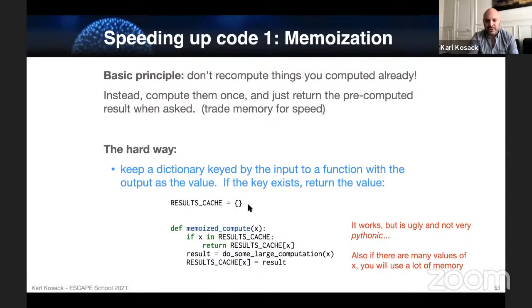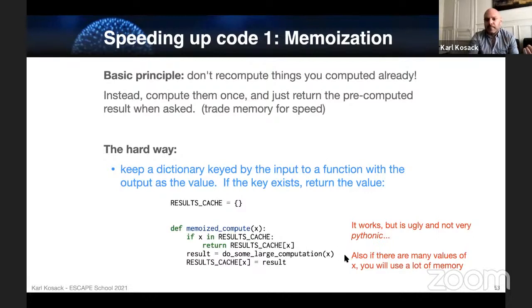So they make a little cache dictionary. So here, let's say they have some function called do large computation, and they wrap that function in another function here or in a loop somewhere, and they say, if the result is in the cache, return that result. Otherwise, do the computation, and then set the result into the cache. And this really works. This will speed up the code that you're running, but it's not very Pythonic, and it looks kind of ugly to have this everywhere, especially if you do it very often.